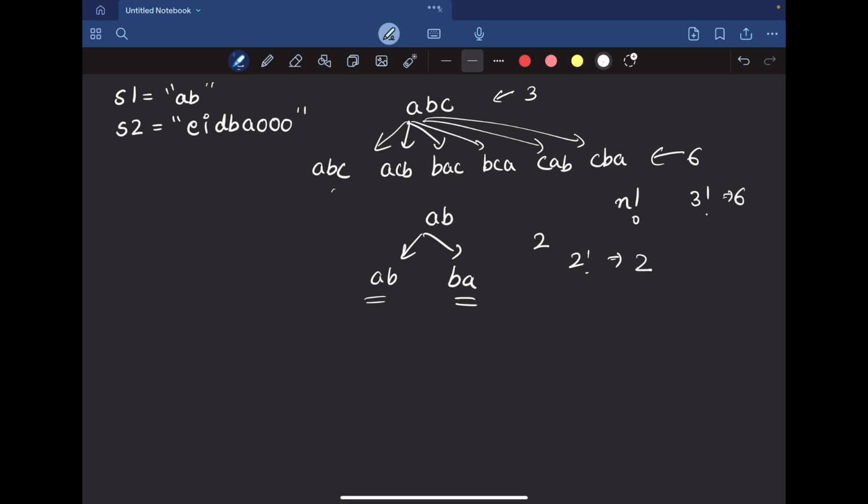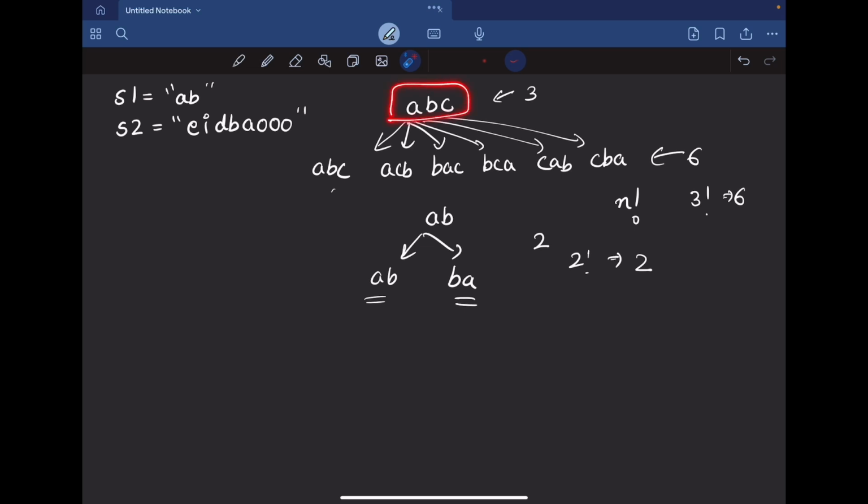Now what we need to do is check whether any of these permutations is present as a substring in S2 or not. One approach can be that whatever string is given in S1, I will find all its possible permutations.